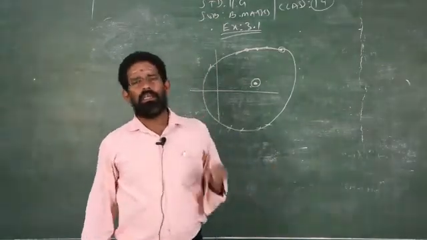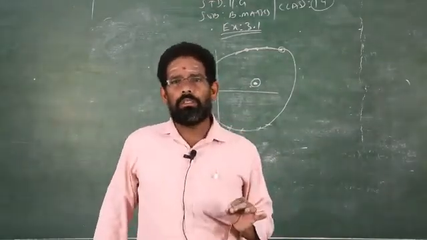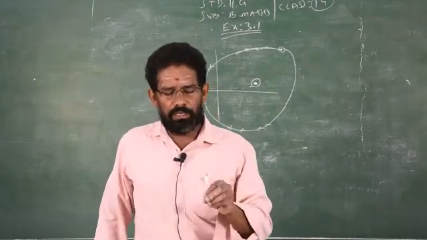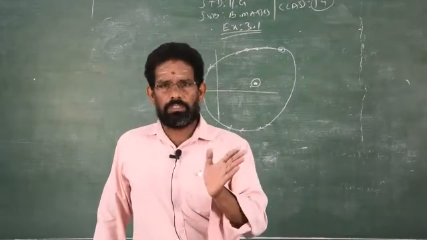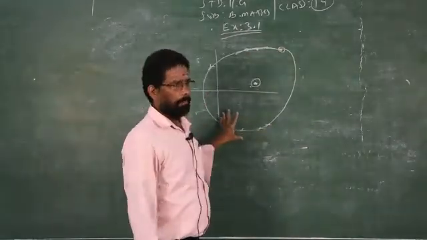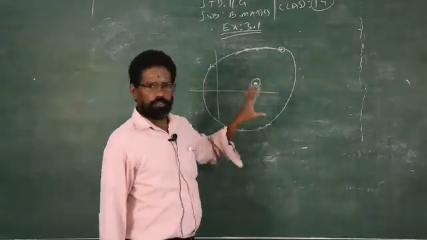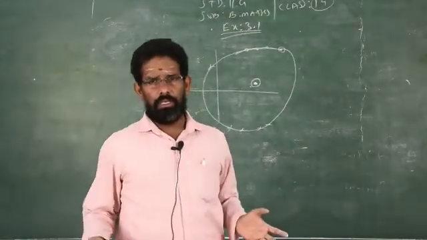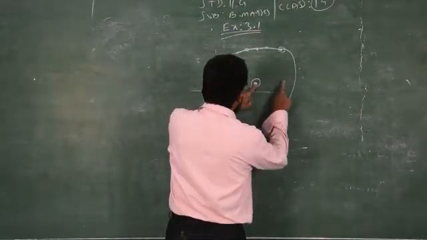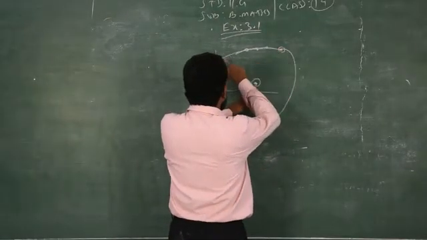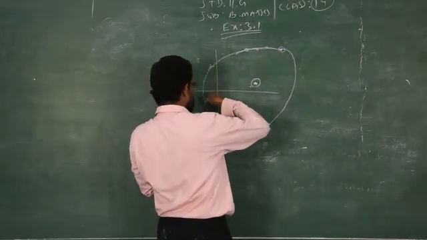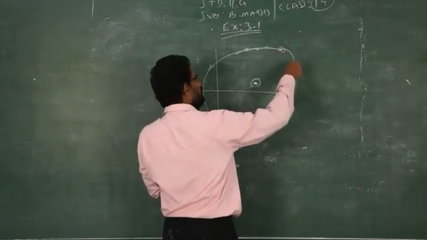Locus is nothing but representing the diagram with a fixed point and some conditions. Based on the condition, with the help of the fixed point, if you trace the pathway of the moving point, it shows some diagram. The diagram may be a circle, straight line, parabola or hyperbola, whatever it is. Clear? So locus is a fixed point with some condition, and if you follow the moving point, it shows one shape.